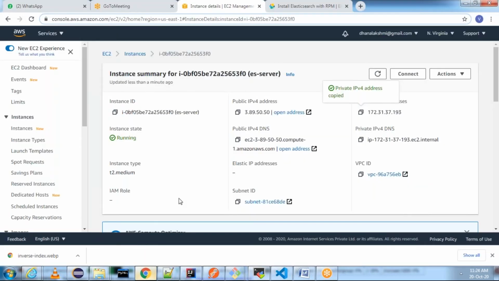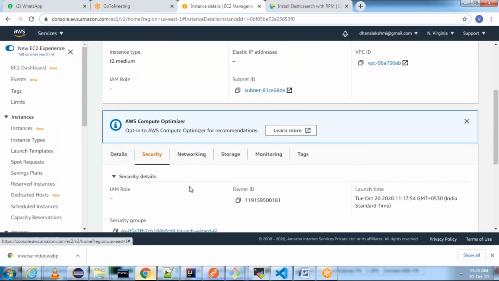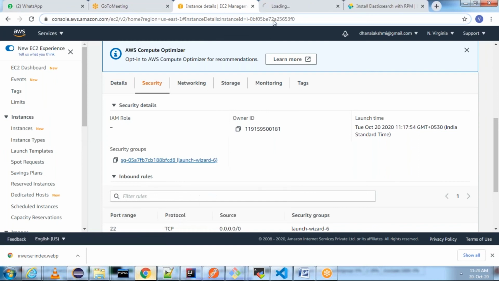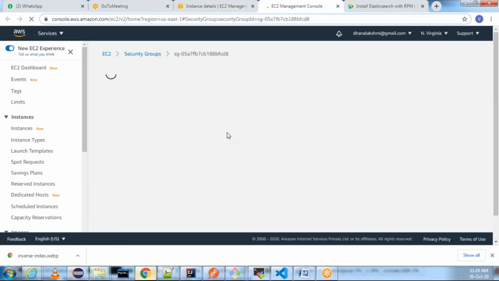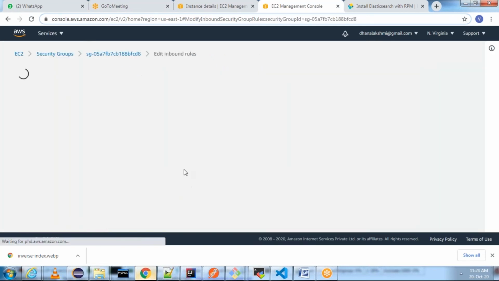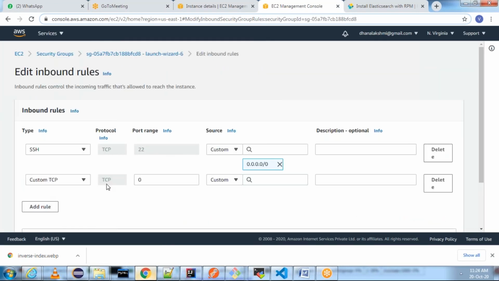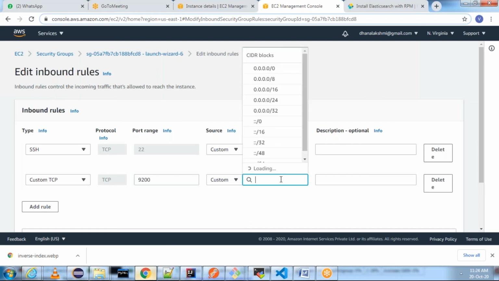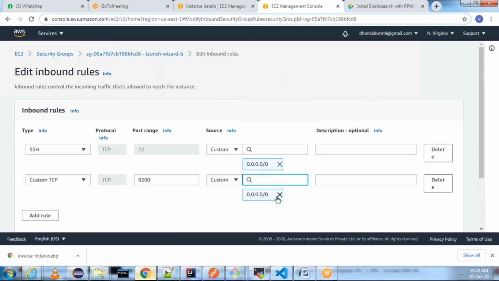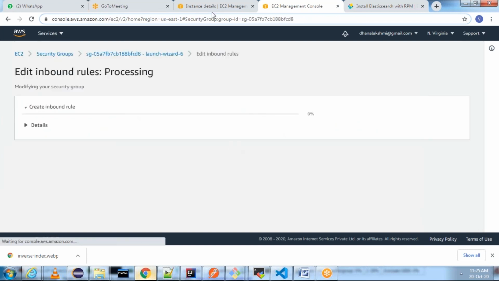Go to security groups, open the security group, and allow port 9200 in the security group. Edit inbound rules, add rule, 9200. I am allowing it for the all traffic range. Click on save rules.